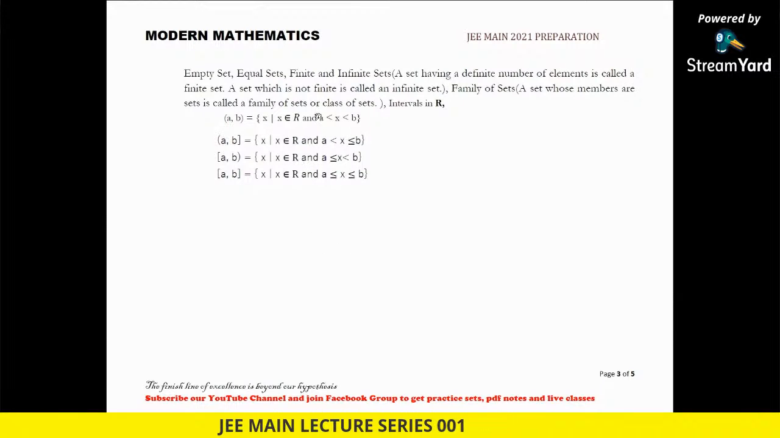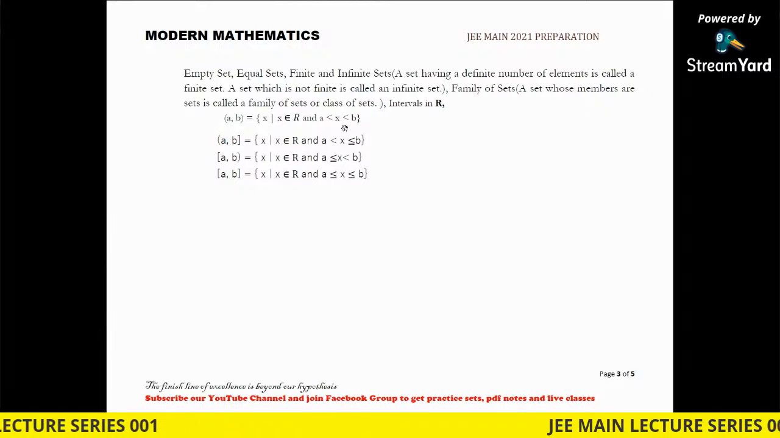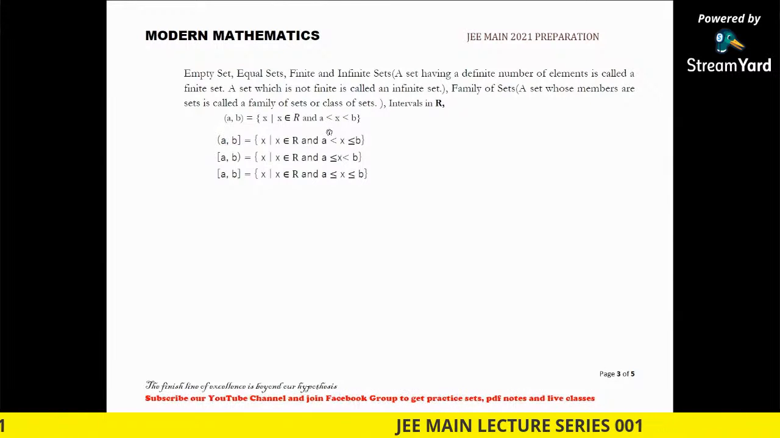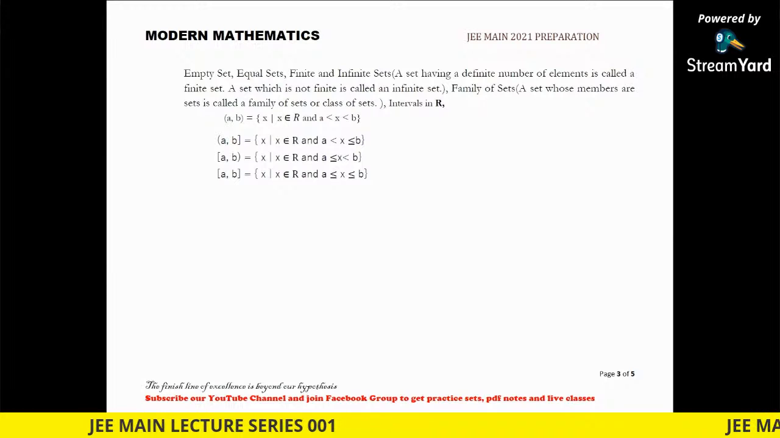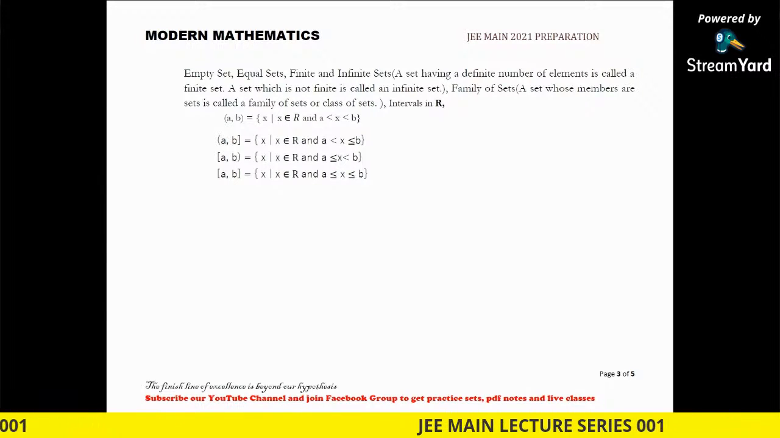These are infinite sets, because between any two real numbers there are an infinite number of real numbers. So this is an infinite set. These are the infinite sets. Okay, so